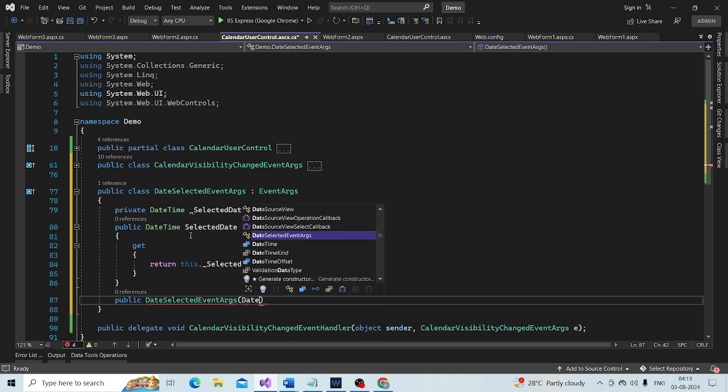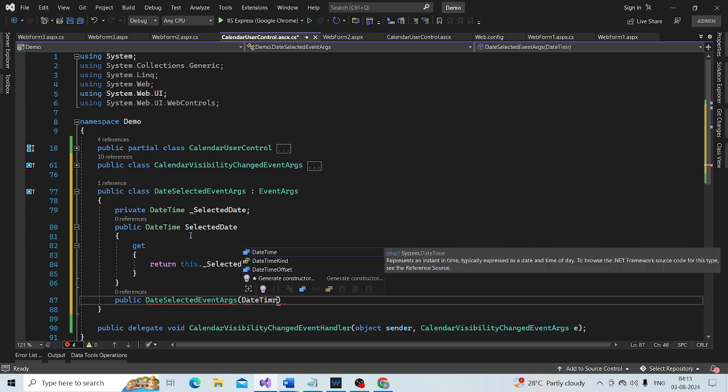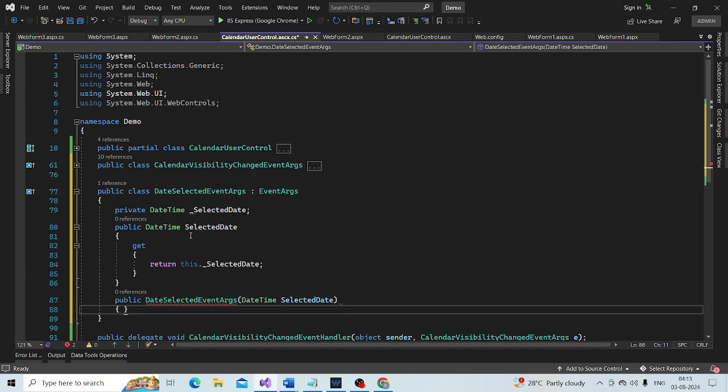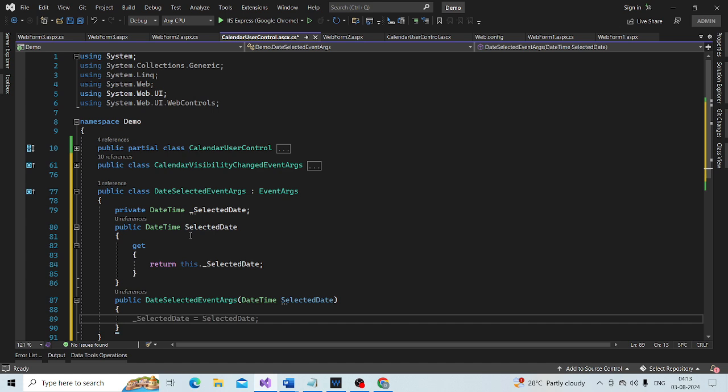DateTime selectedDate. And that parameter is used to initialize the private field.